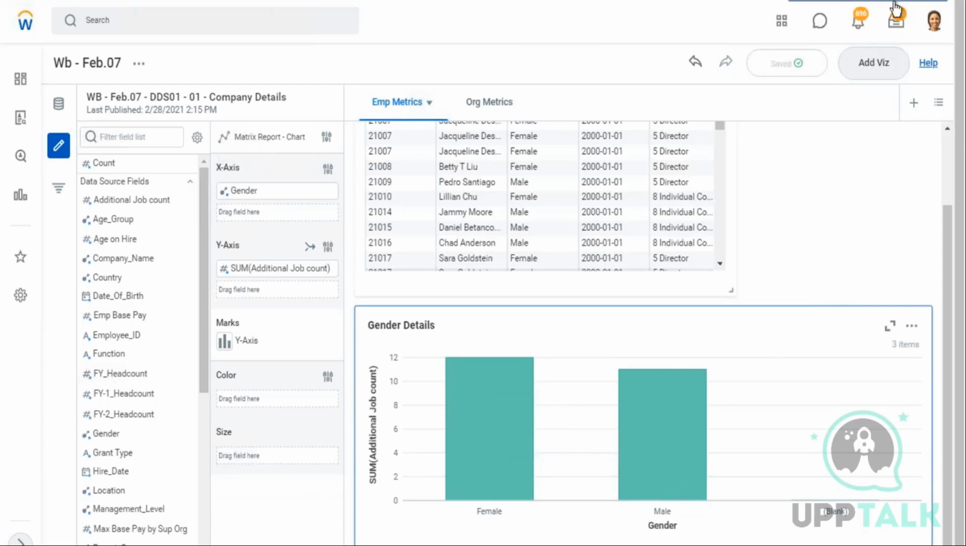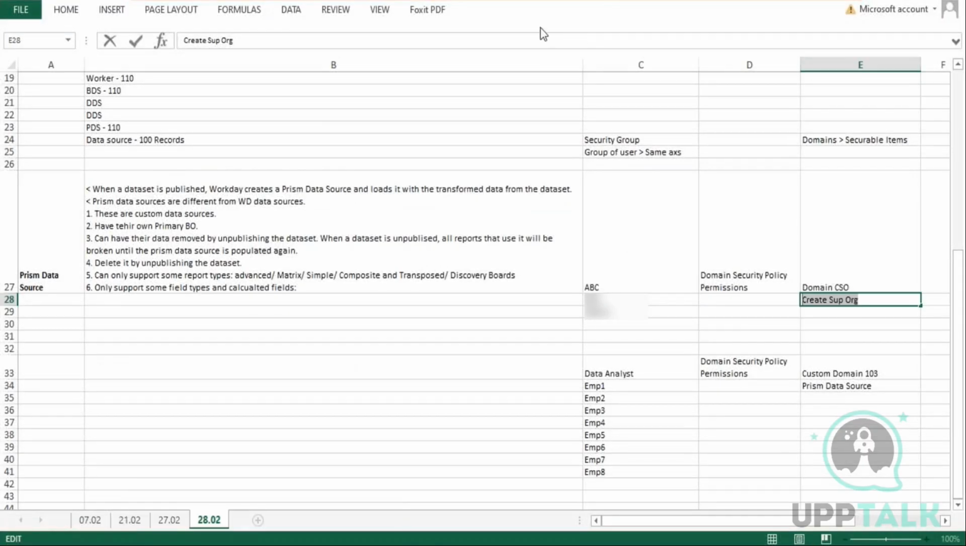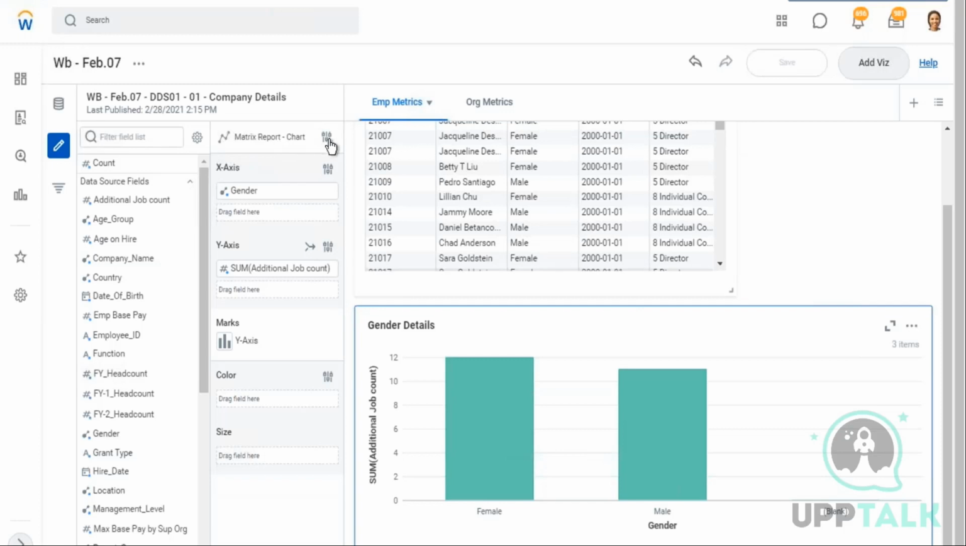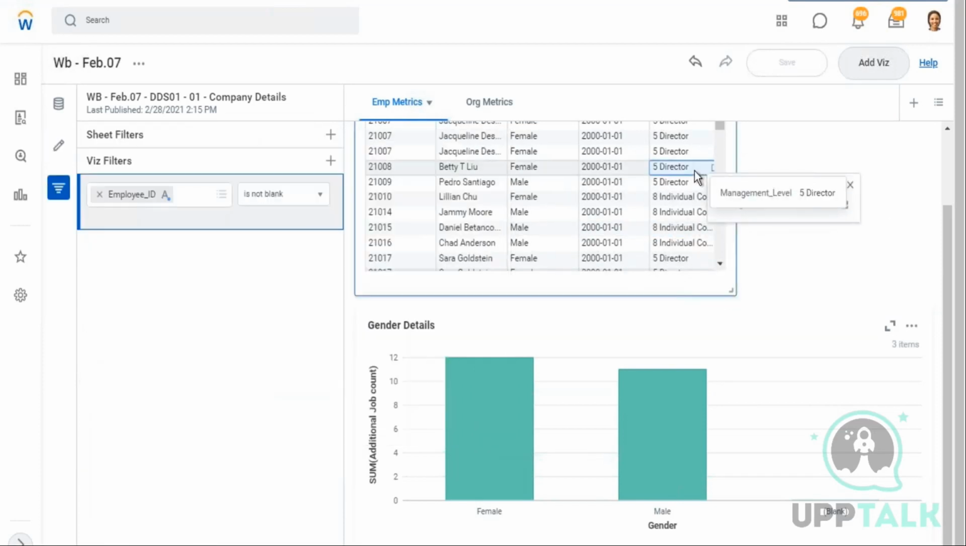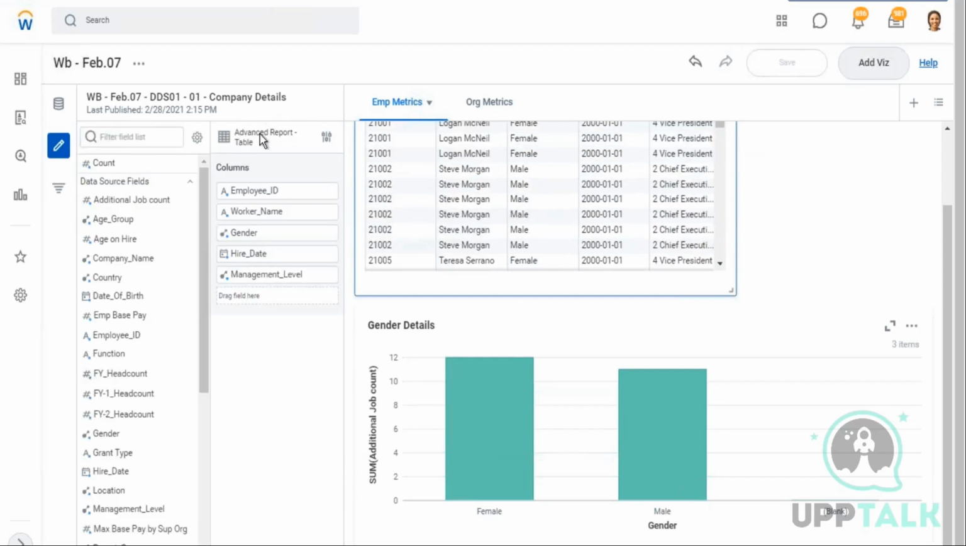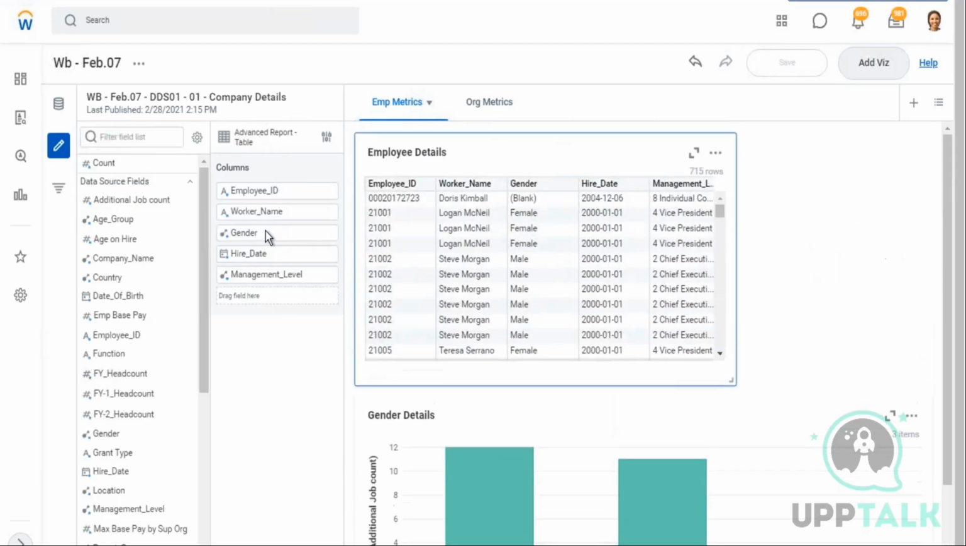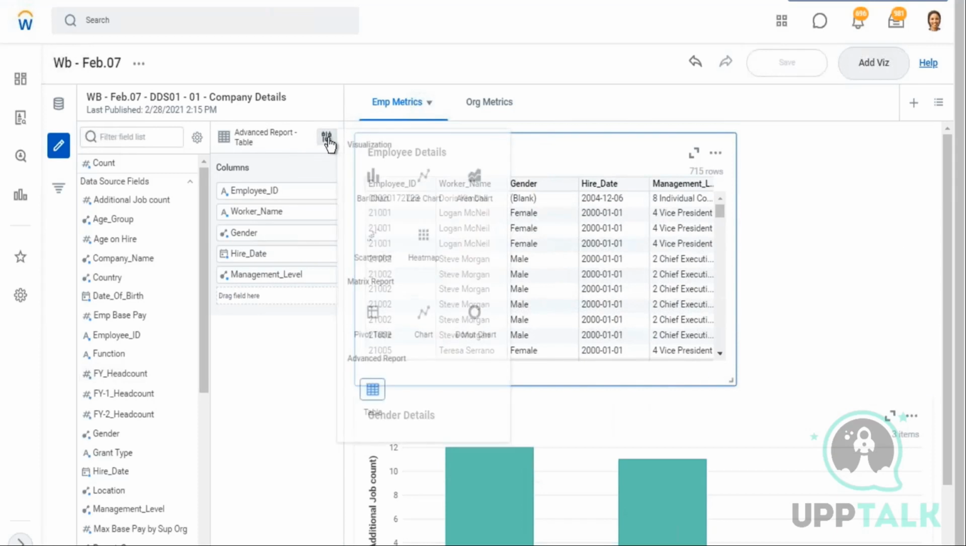Okay, just give me 1 second. Now, if you see, this report type is of type chart, but it shows me matrix. Whereas this visualization type, when I click here and go to here, it is of type advanced. So why is it called advanced? Why are these called matrix? The idea is,